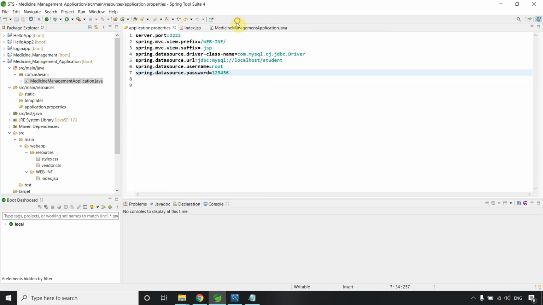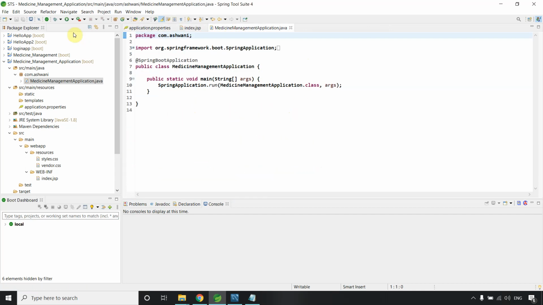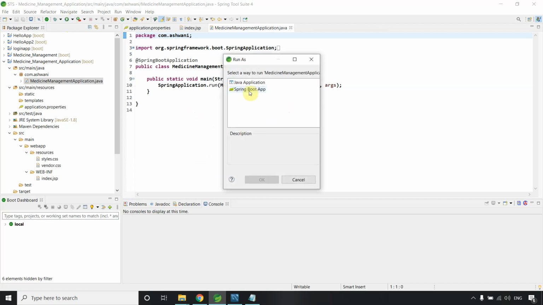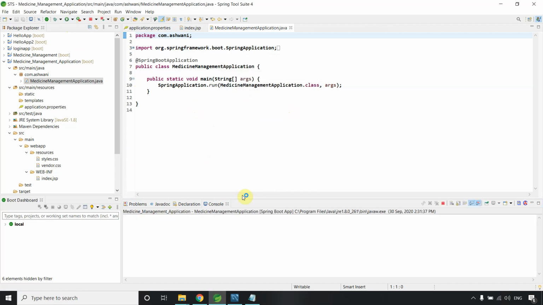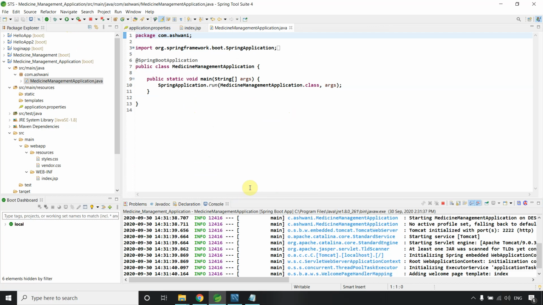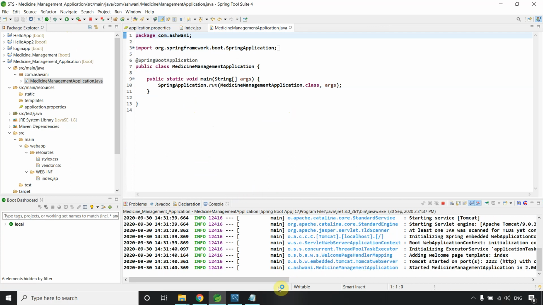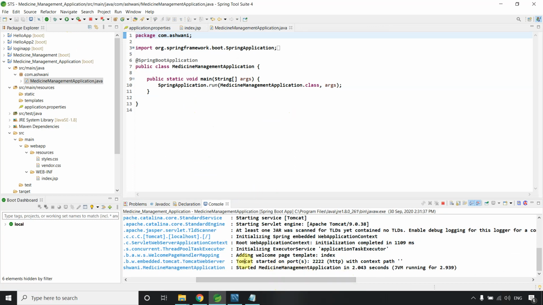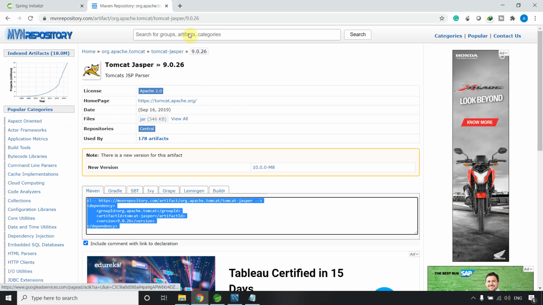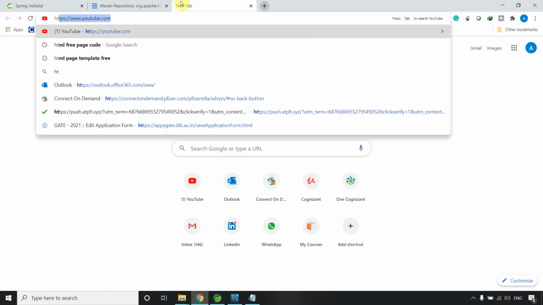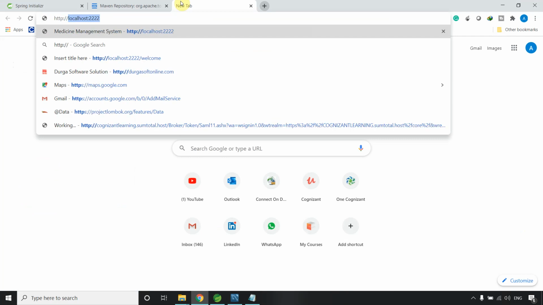Okay, I can close this. Now I can run this application. If you can see here, Tomcat started on port 222. So let's go to http://localhost:222.